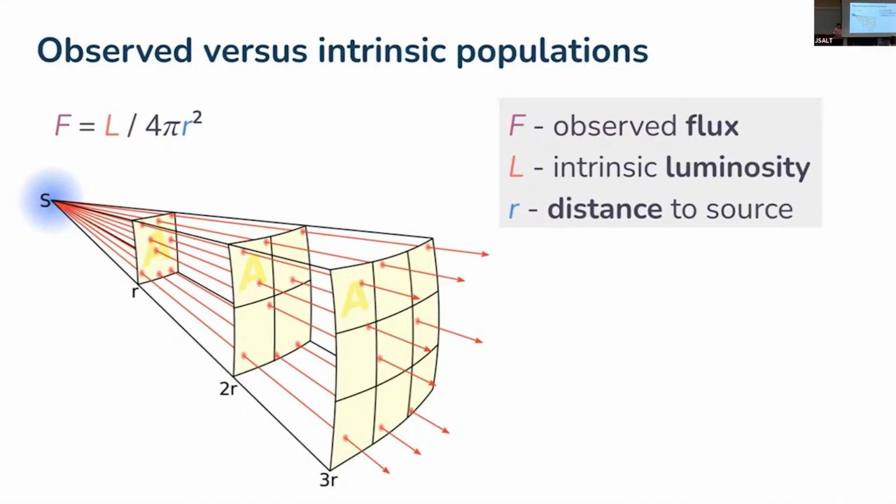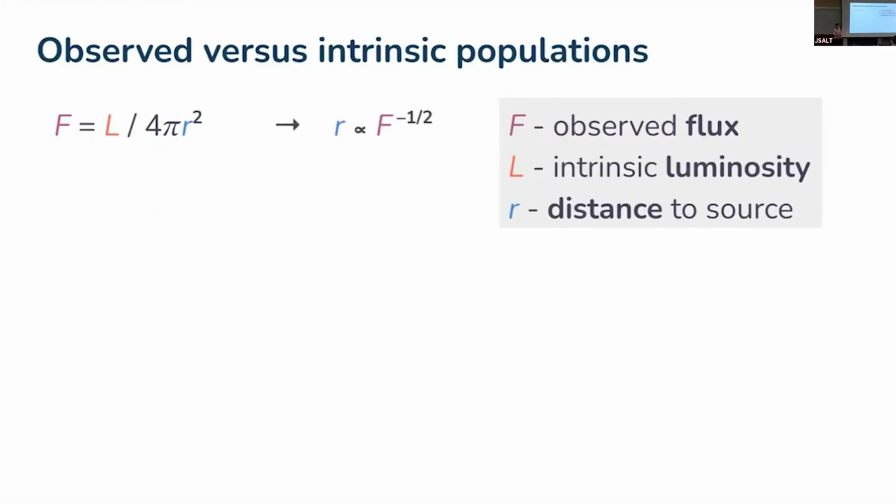Now, if you see that this star is at some distance from you, r, then you know that the amount of flux that radiates upon your detector or your eyeball or whatever is given by F, which is equal to L divided by 4 pi r squared. This sort of 1 over r squared relationship is characteristic of the apparent flux that is coming out of a system of luminosity L. Okay, so what we can say then is r is proportional to 1 over the square root of F, or F to the minus 1/2.